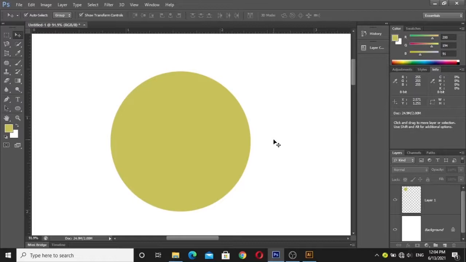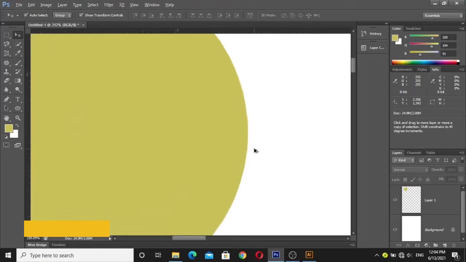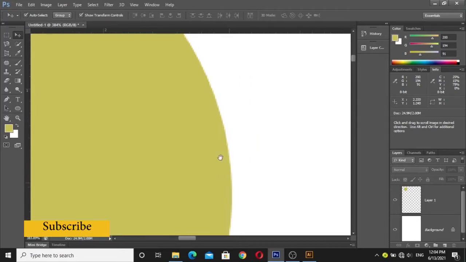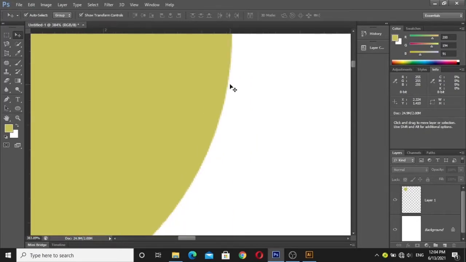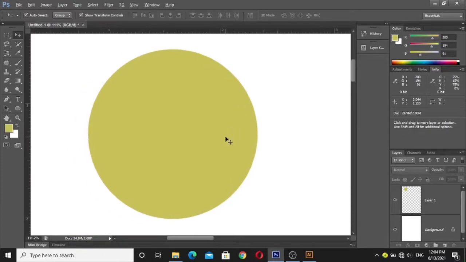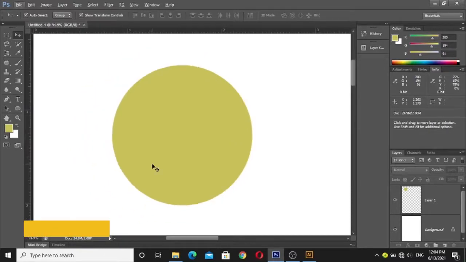I can also save this shape as a custom shape. Anti-aliasing, you can see here, works properly. It makes the object very smooth, very beautiful, because the edges are not sharp enough that they destroy the whole object.